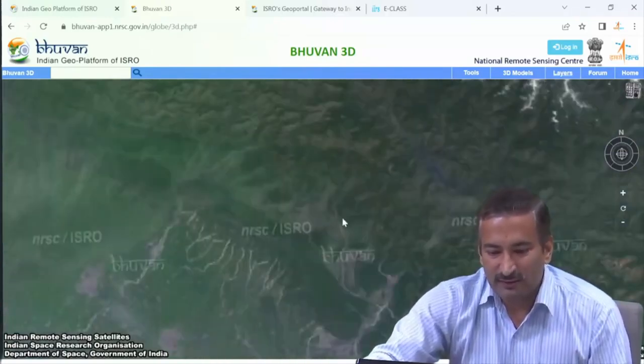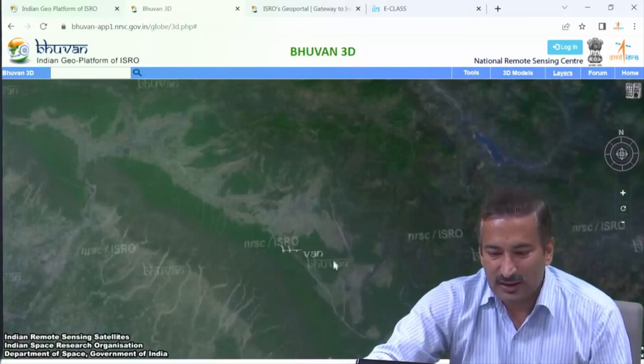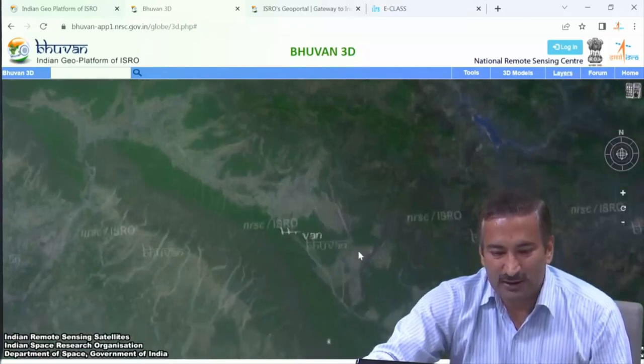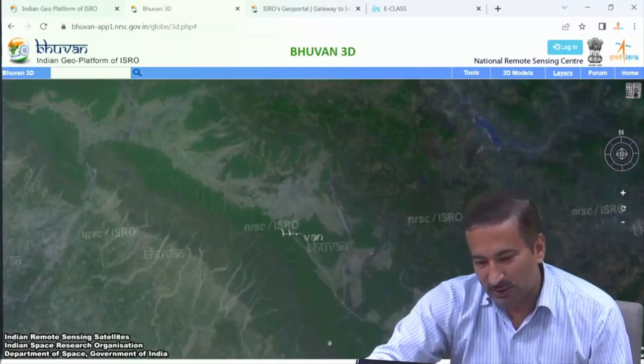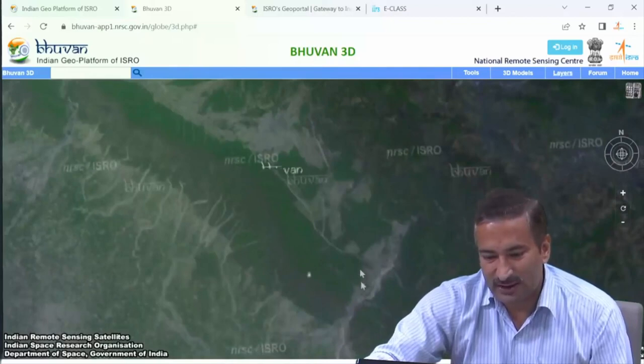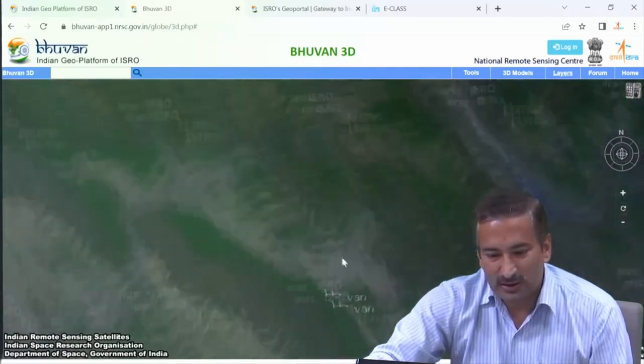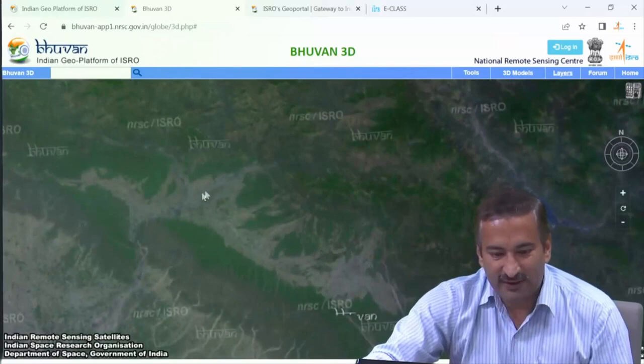A very typical feature of this Dehradun city is that it is situated between two big rivers. Towards the southern side we have the Ganga river, and somewhere here is Haridwar. Towards the northern side we have the Yamuna river.